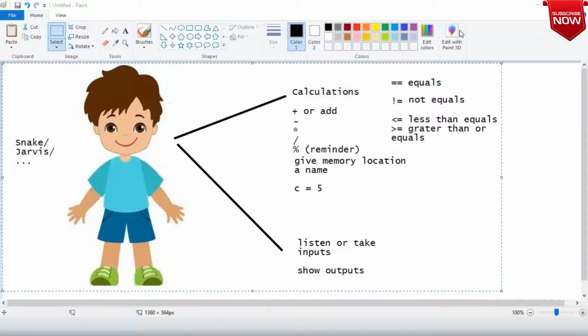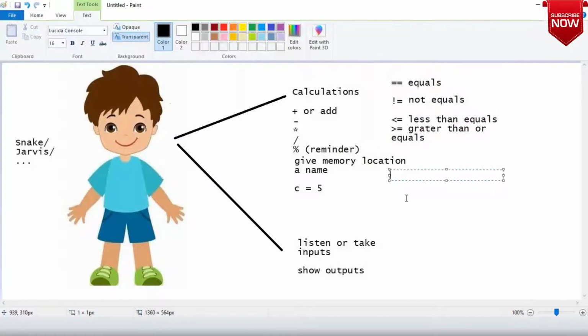Paste the image. Now Jarvis will know one more skill, right? Which is power. Okay. So if you try to tell, for example, 2 power 5.